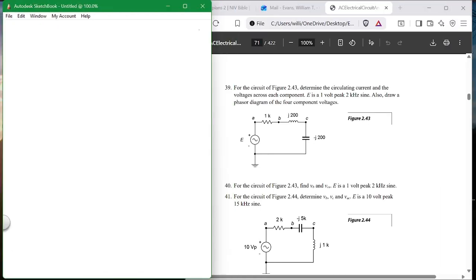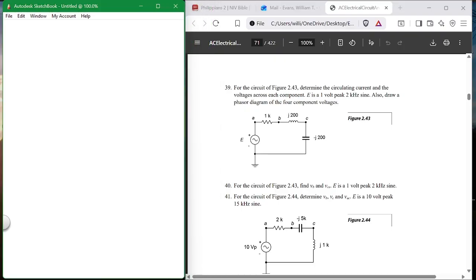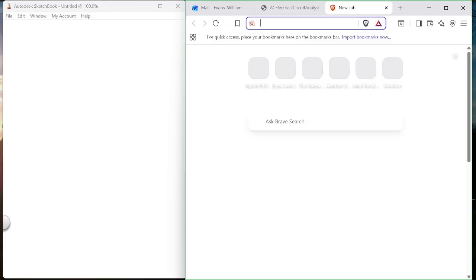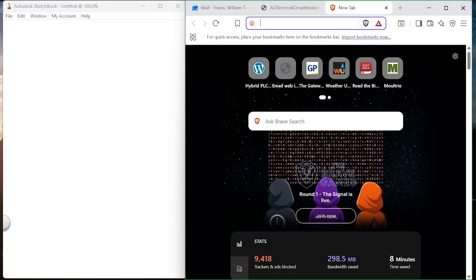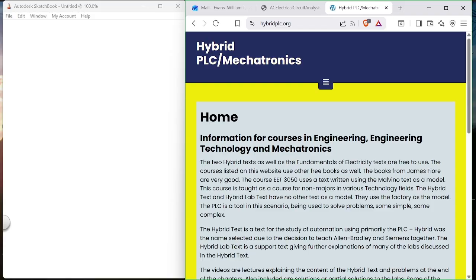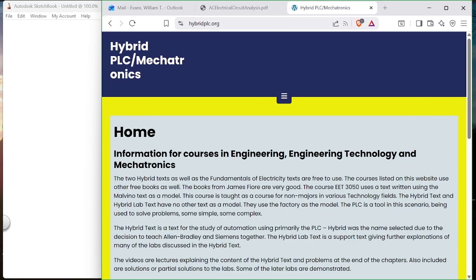Also, before we get started too far, I noticed Thursday's lab is lab number 4, and I skipped lab number 3. So I'm going to go back and look at that for a second, because I thought at one time we had lab number 3 in there, which is basically just a review of the